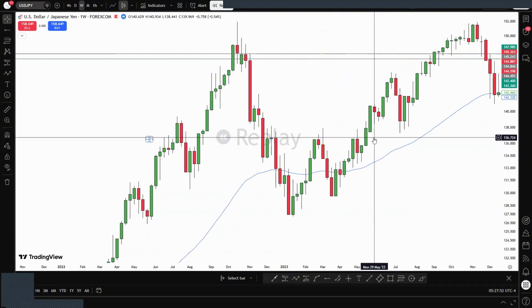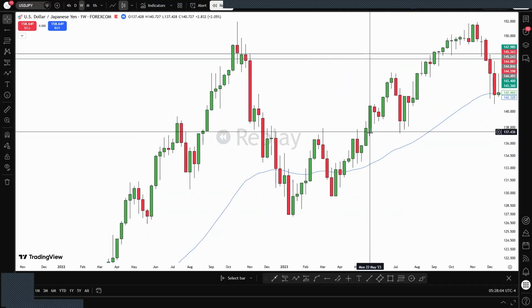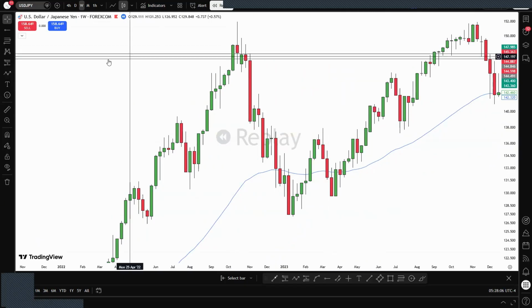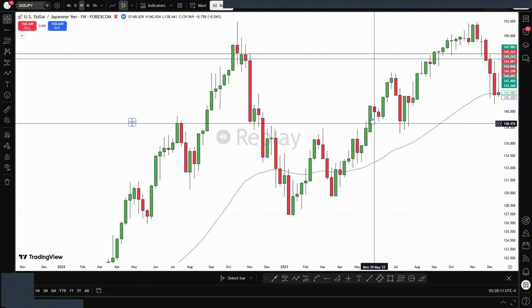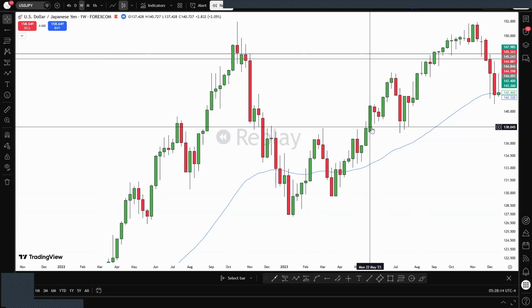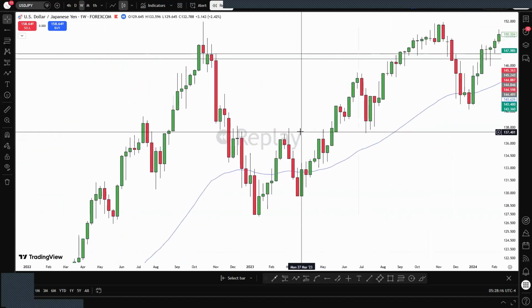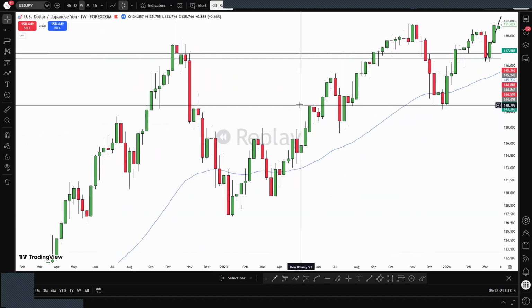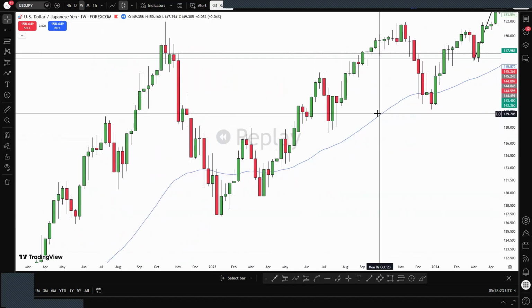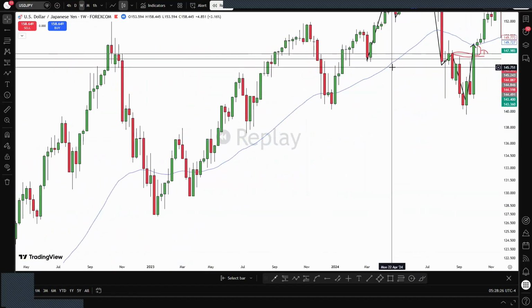So even in this case, we had the pullback, but the only difference is this candle closure. If I was to switch maybe to a different broker, you'll see maybe they had the pullback, because you can even see with the way this candle has opened, that candlestick shows there was a pullback. You can also see even here when price broke, we had that pullback. So this pullback will always happen